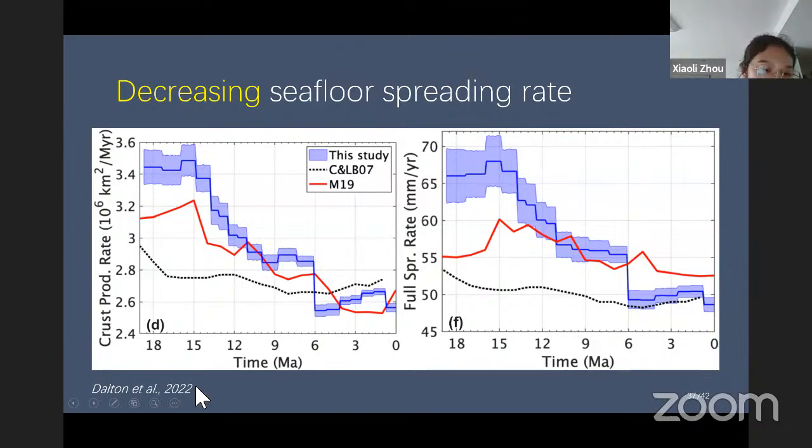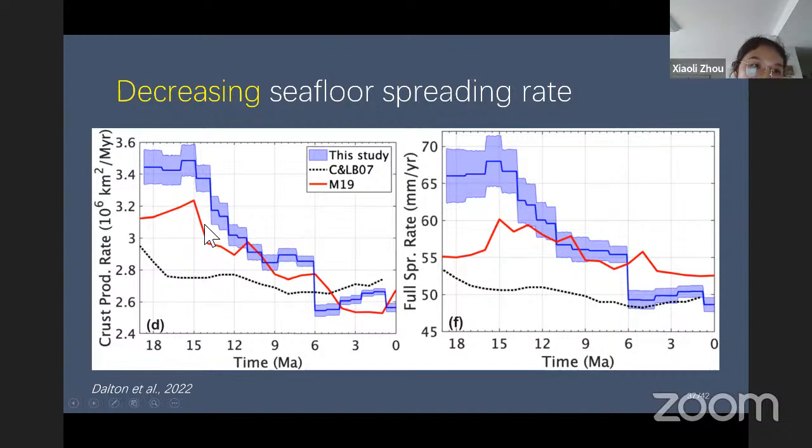So this is a very recent paper. It is just published. This paper shows you how the production rate of ocean crust has changed over the last 18 million years. So this red curve shows you the blue shades shows you the new record. So generally, it shows from the mid-Miocene toward present, the seafloor spreading rate and also the production rate of crust